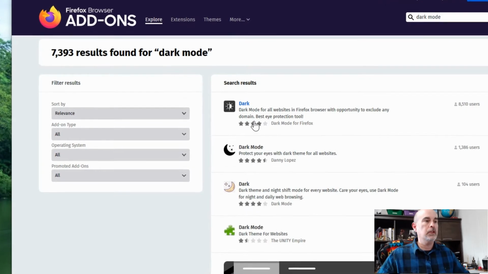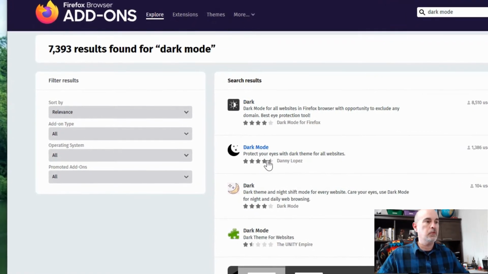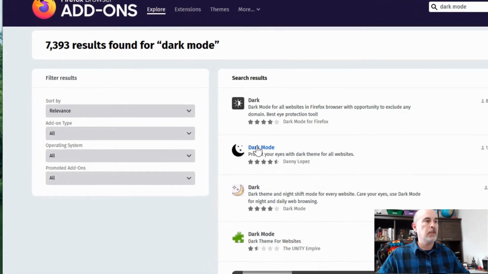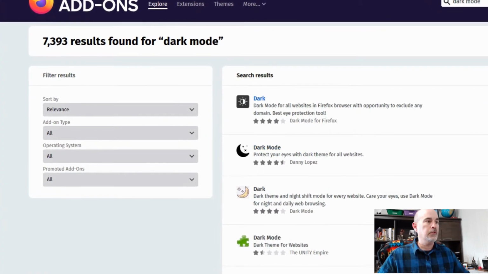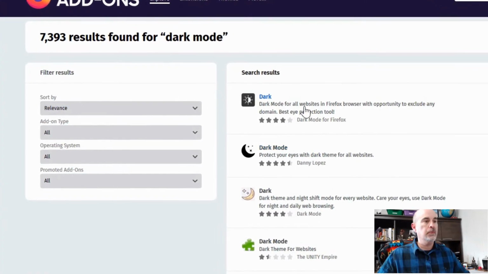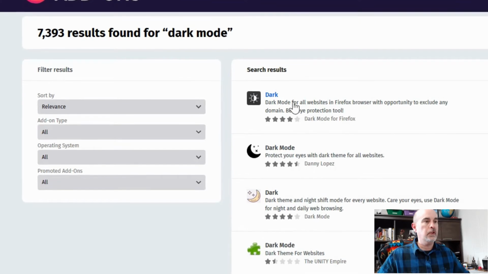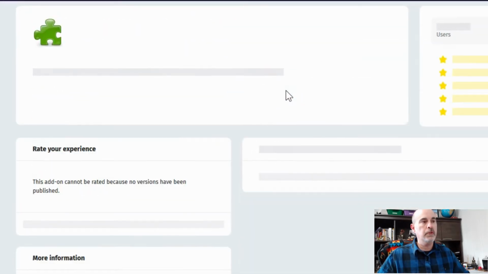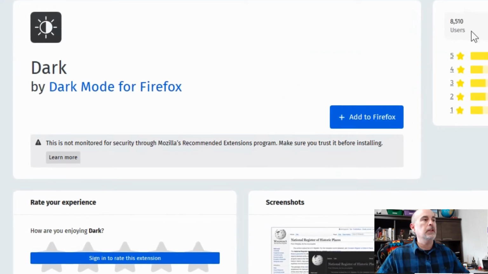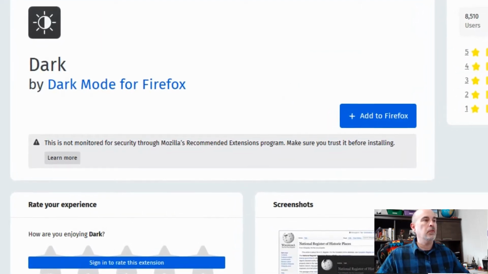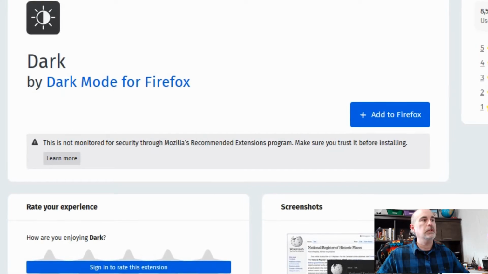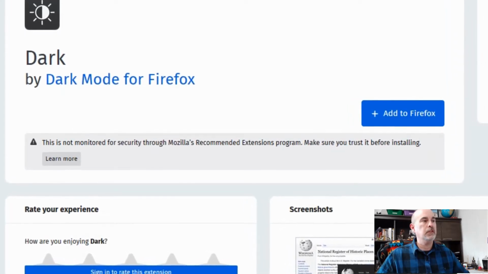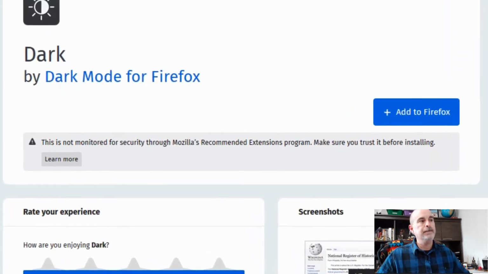Well, you can look at the star rating. This one's got the most star rating. And even though there's less users than what this one has, maybe it's not that far off from stars, and it's got a lot more users, so maybe we'll go with this one. And 8,000 users, only 40 reviews, 26 of which gave it a 5-star rating.